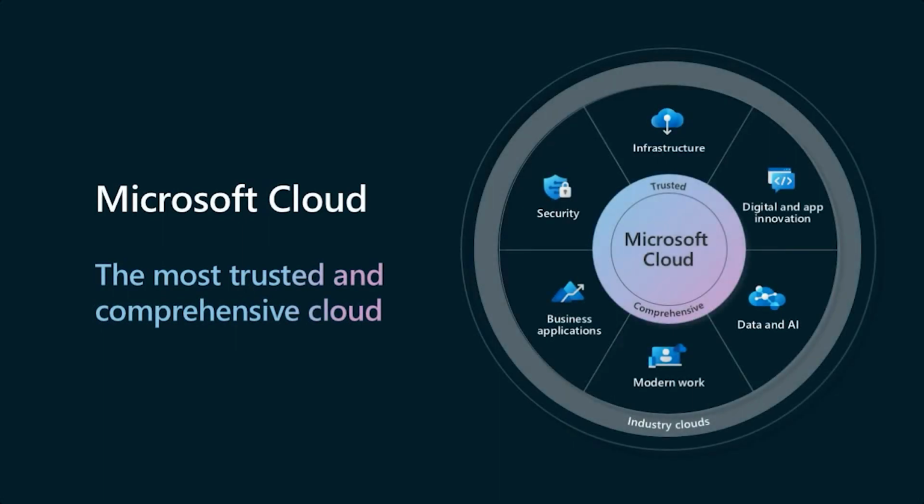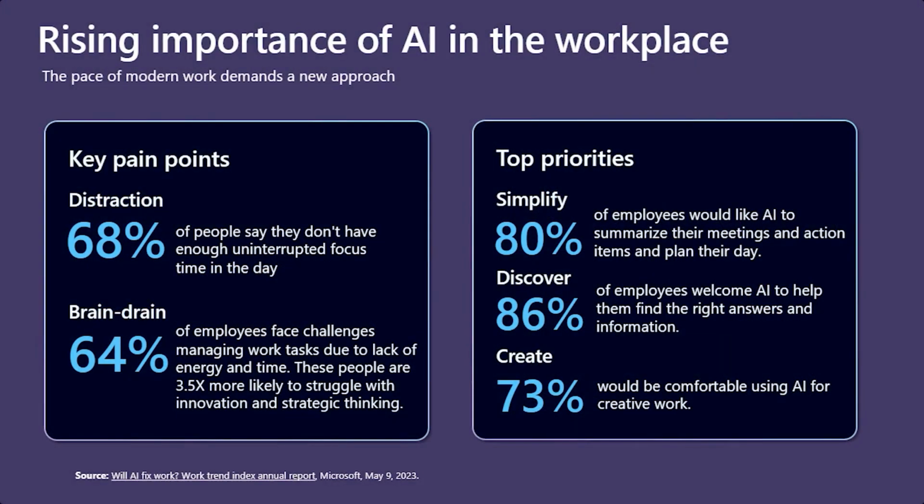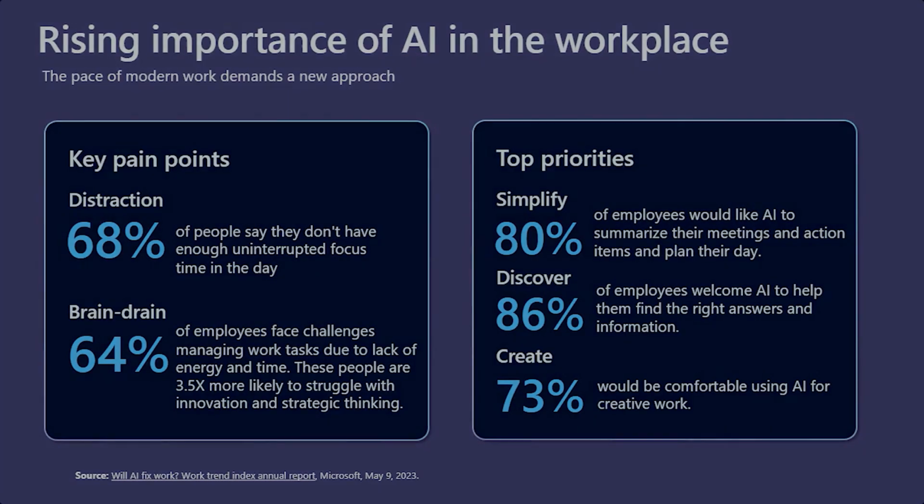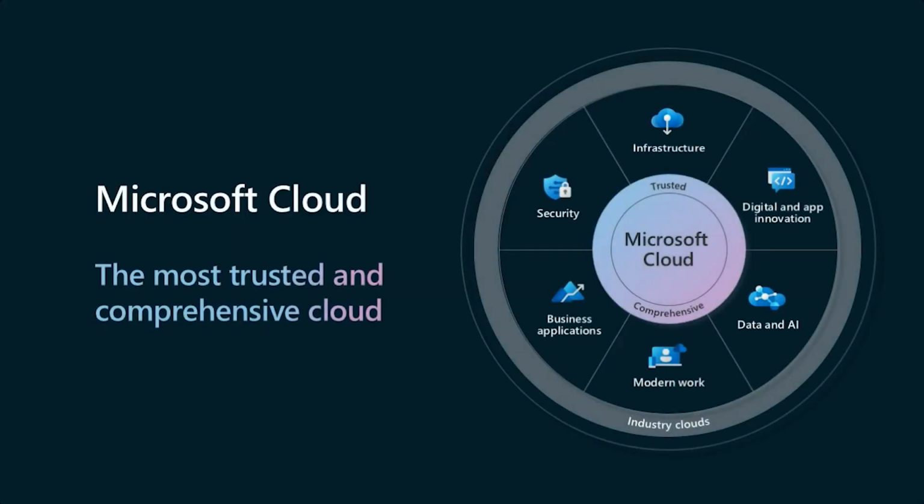And what does that really mean? In the last slide, I'll just click back really quickly. This is a list of the highest rated priorities that employees will give to AI. So they need AI to help them simplify. They need it to help them discover. We need AI to help us create because we don't have a lot of time to create content of our own. And we certainly, every day we find ourselves staring at blank emails or blank documents or blank PowerPoint presentations, and we have to create this content from scratch every time.